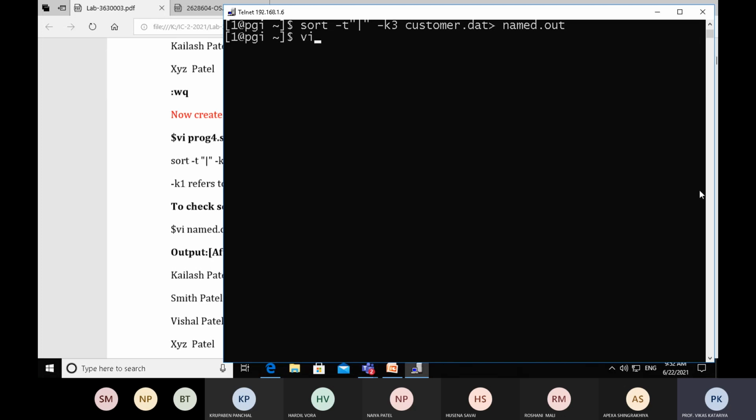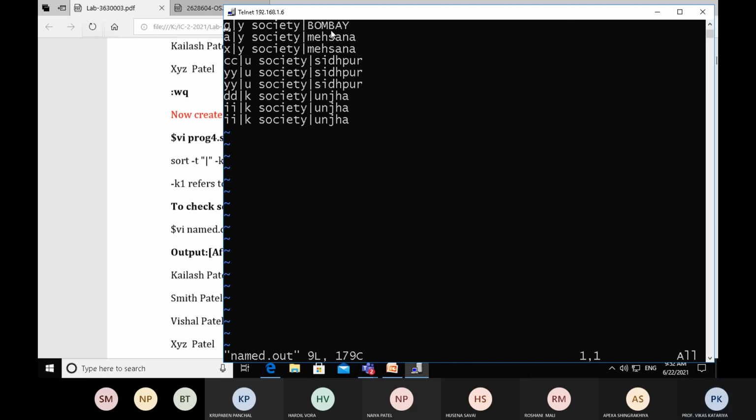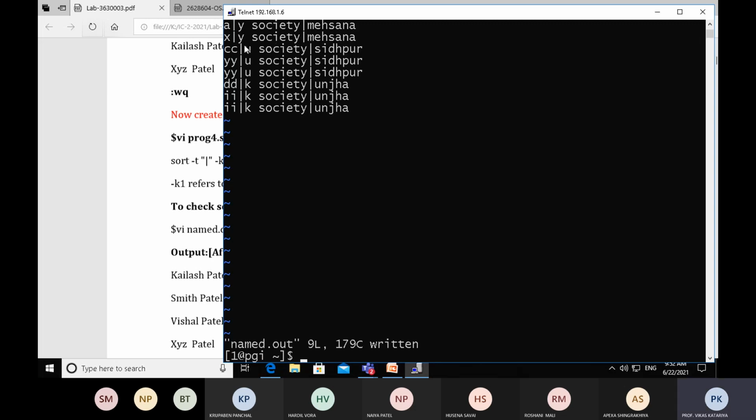If you want to display them, you have to check whether name.out contains the sorted records. So vi name.out, press enter. These are the same records which we sorted based on column number 3. I hope you understand how to apply the sort command based on a field and the redirection of output.